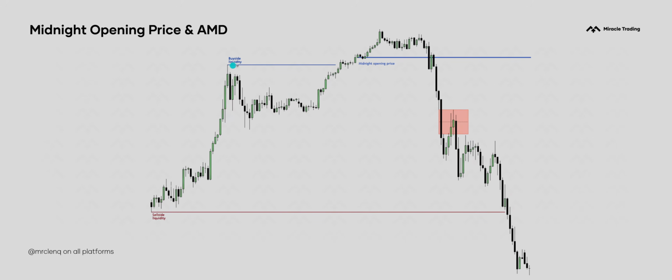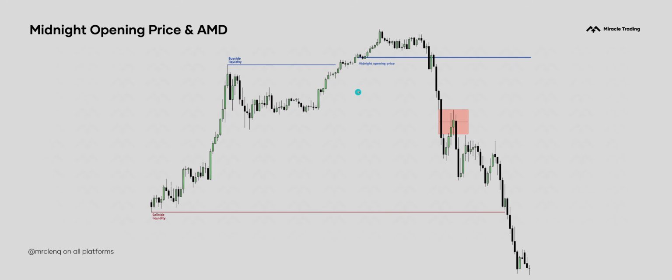We have buy side liquidity resting above here. We take that out, buy a little tiny bit right here, but then we push much higher. Midnight opening price comes in here, and then what do we do? We accumulate, and then we manipulate, and then we distribute. So now, if you want to take an entry, as you can see, price did not sell off right here,